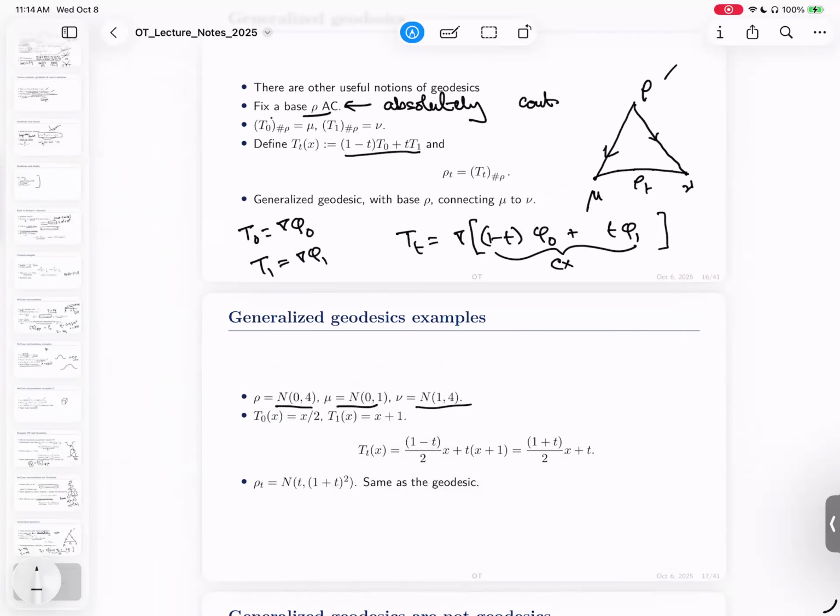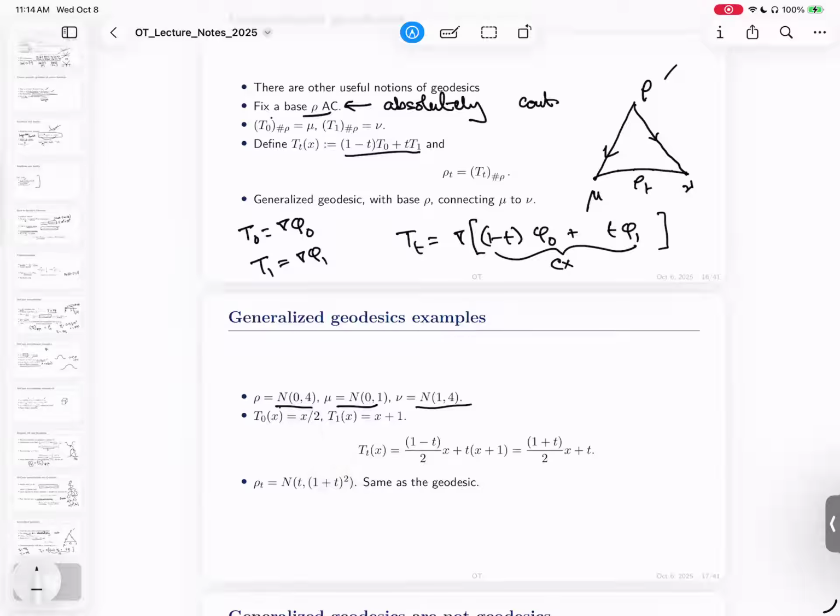Now, as I explained last time, optimal transport of Brenier's theorem between normal distributions is very easy to compute. They're always given by affine functions. What is the affine function that you pick? The one that gives you the correct mean and variance. So it's very clear that T0 that sends rho to mu must be 1/2 of x,